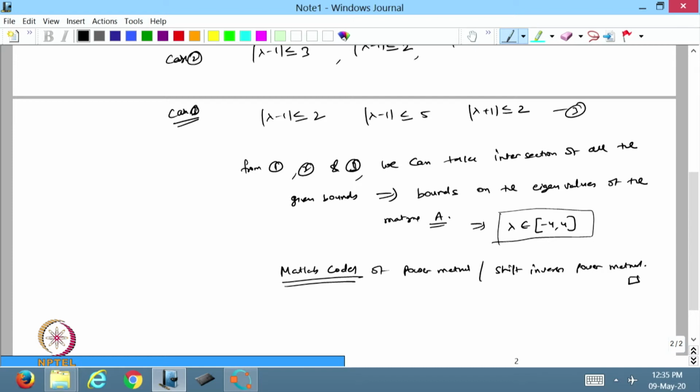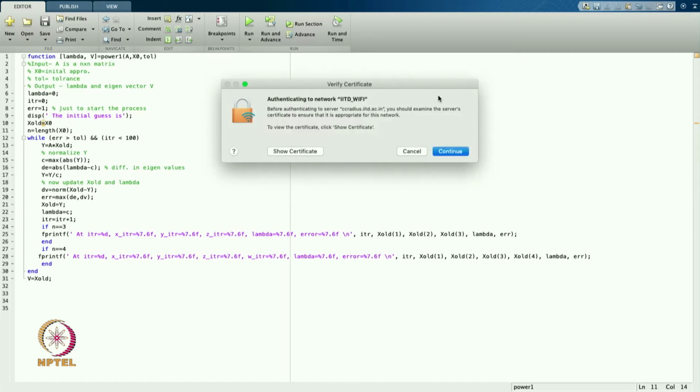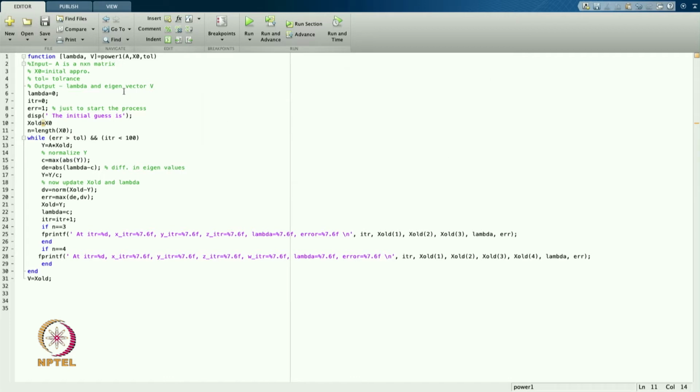So let us go to MATLAB. Yeah, so let us start with the MATLAB code. This is the MATLAB code I have made, and I call it power 1. That is the name of the function.